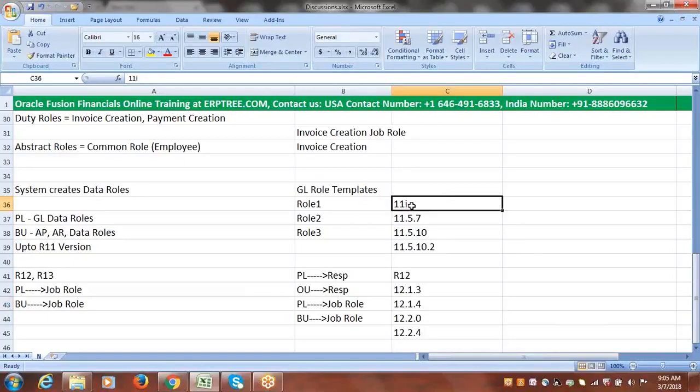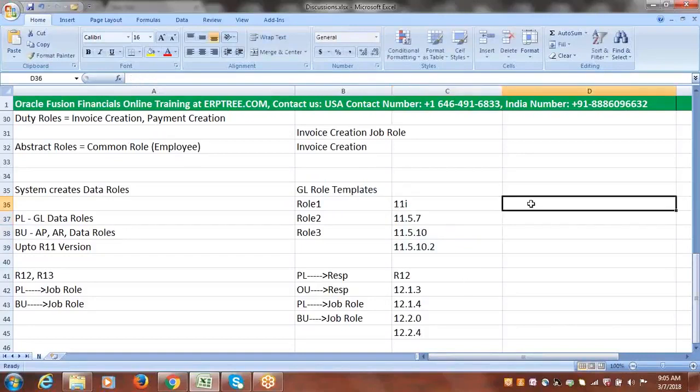When you go with the detailed actual version, these are the actual versions which we can identify. But here in 11i and release 12, the series is what we take into the release name, but in Fusion it is slightly different. So if you say